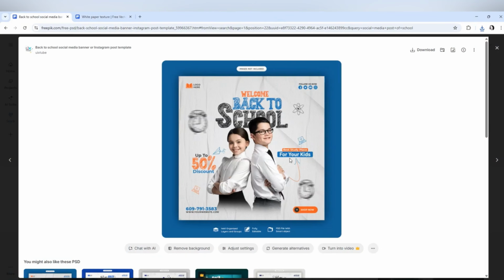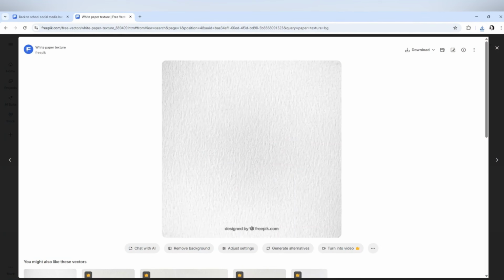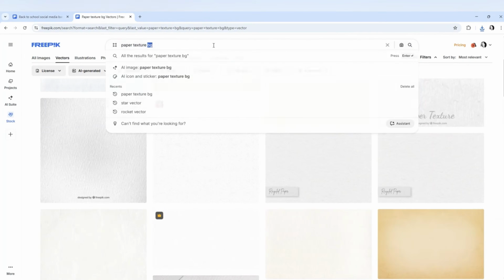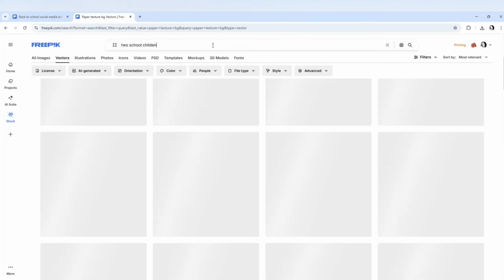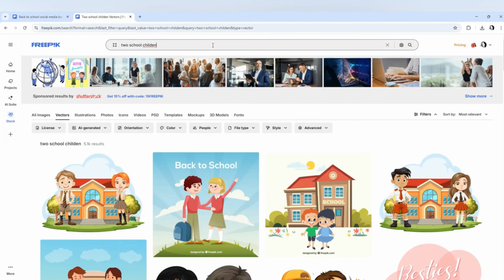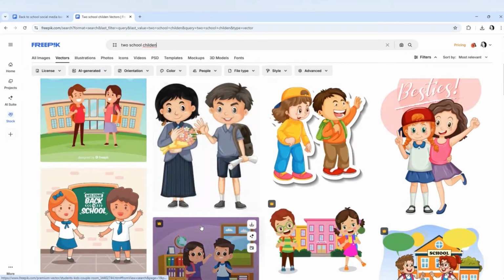Then what do we have? We have these two little children. So we can search for similar. We can similarly search for two school children. Okay, we'll search for two school children,